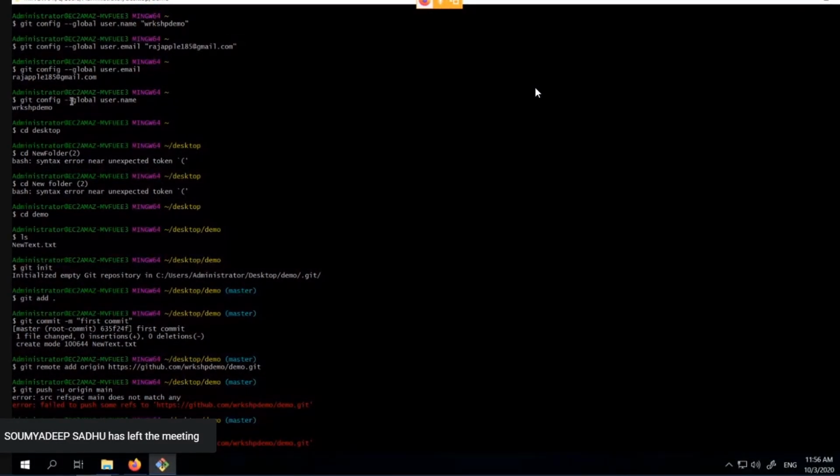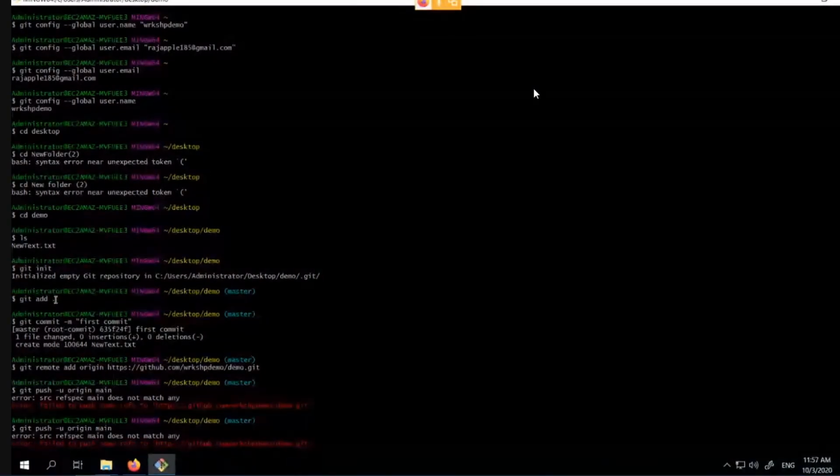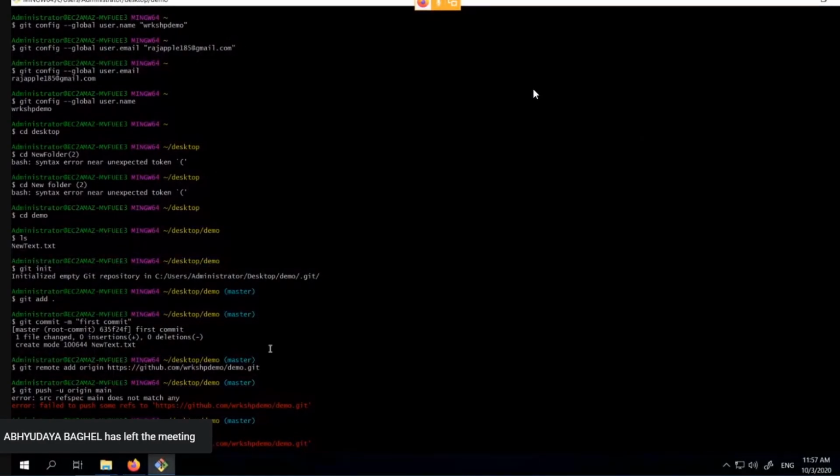Basically cd and link to the path. Once you're there, initialize the repository by the command git init. When you are done, you can add the files in that folder by the command git add space dot and enter. These will add all the files present in the directory for changes in the repository.